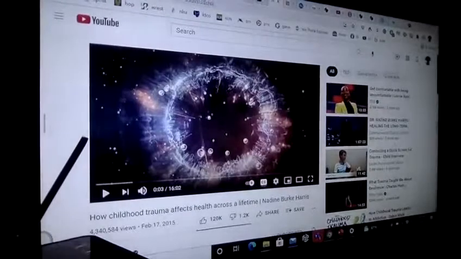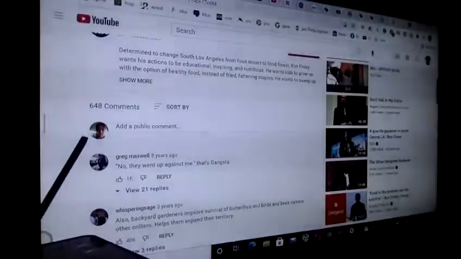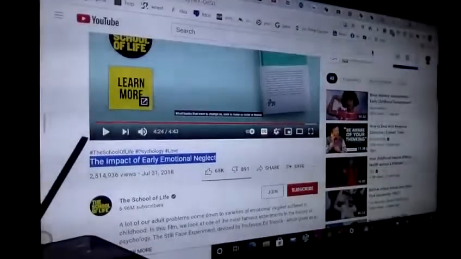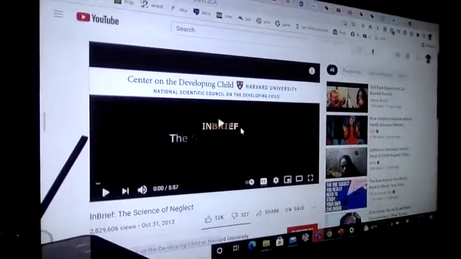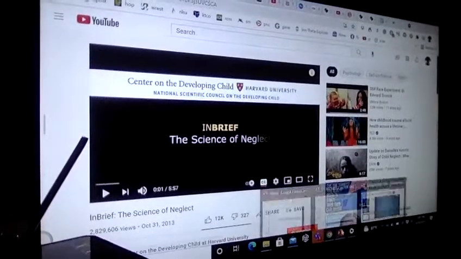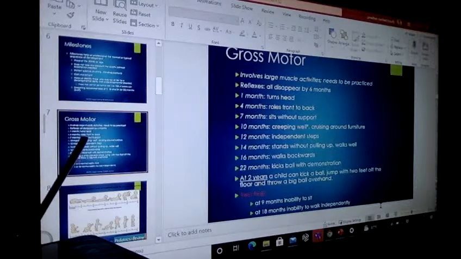And we also had the still face experiment. So that may have been the video before this, two in front of it. So I will get back to our PowerPoint though. A lot of this is all happening in the first 1 or 2 years. So it's just so much brain development.